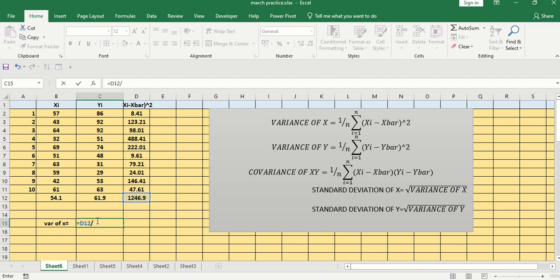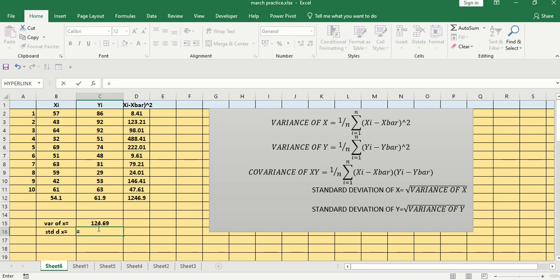We know that the sample size is 10, so you already just write 10, click enter. Now this is the variance of x. Now the standard deviation of x is